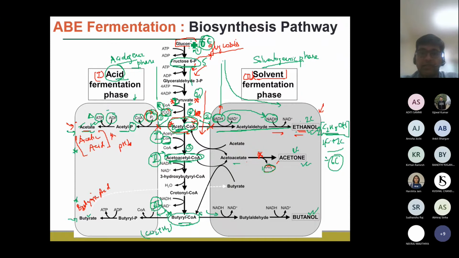For that you have to look into the chemical structure of glucose, fructose, glyceraldehyde, pyruvate, or the ethanol. So you may be asked, for example, to carry out the carbon balance for butanol. In that case, you have to write the whole synthesis pathway, and you have to tell at what source the carbon is escaping from the system. Like in this particular case, it is escaping the system as CO2 gas, or if there is some input, from where it is taking a carbon atom.